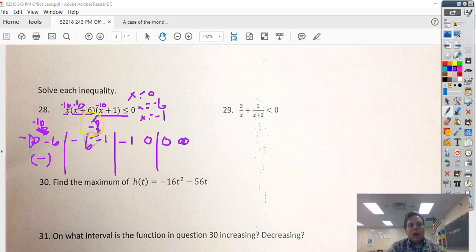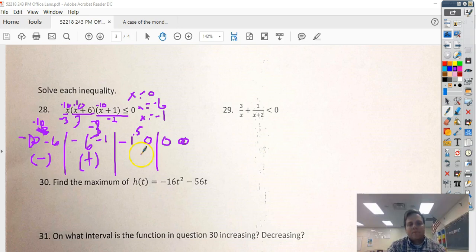I plug that in. Negative 3 plus 6, negative 3 plus 1. Well, that's going to be a negative. Negative 3 plus 6 is 3. Negative 3 plus 1 is negative 2. So negative times a positive is a negative. Negative times a negative is a positive. So the y value is positive. Next number. Pick something between negative 1 to 0, such as